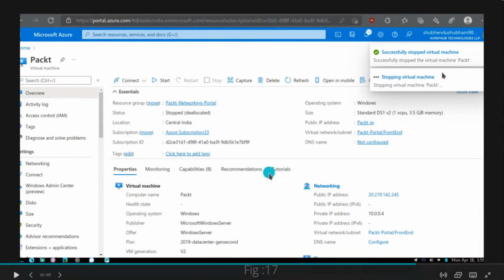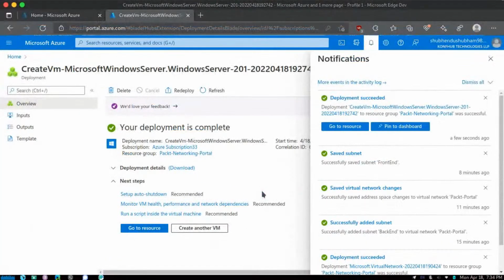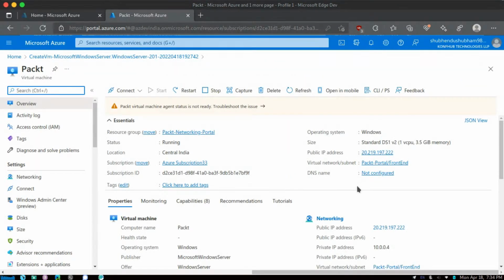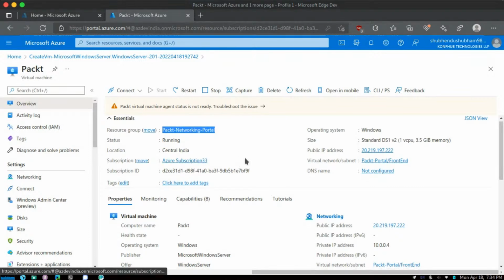After deployment, it will look like this. Now see here, deployment is completed. We can go from everywhere, or we can go from here also. Go to resource, same thing. Same here. The resource group is like this one. Our status is running. If it is stopped, it will show a deallocated or stopped status,